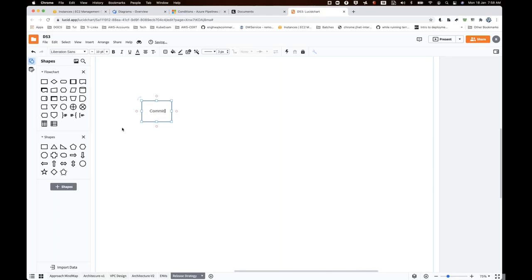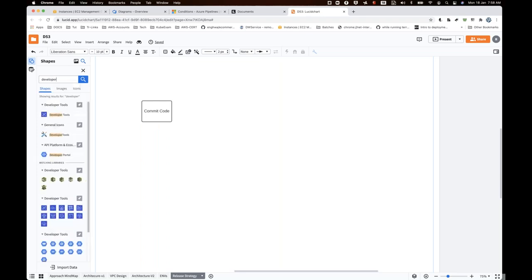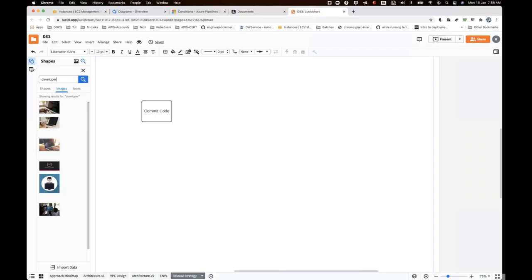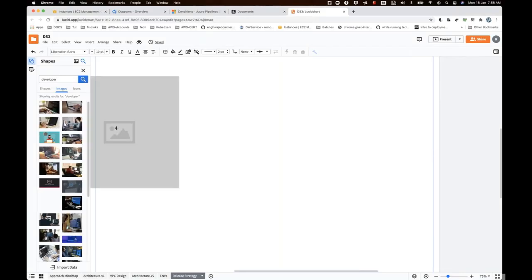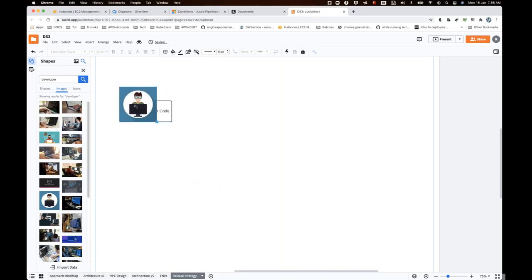So commit code, so then, just putting this, when a developer commits the code, what we're going to do is run the CI pipeline.